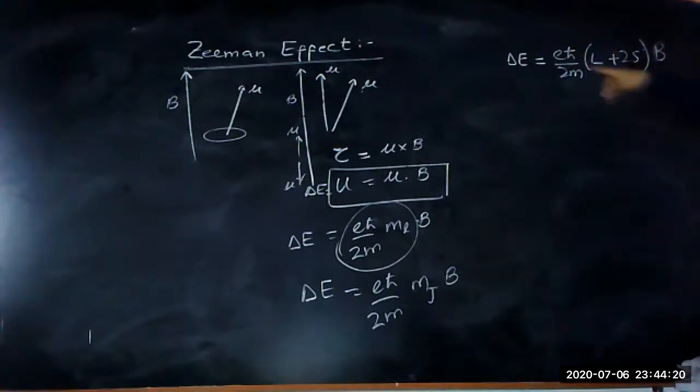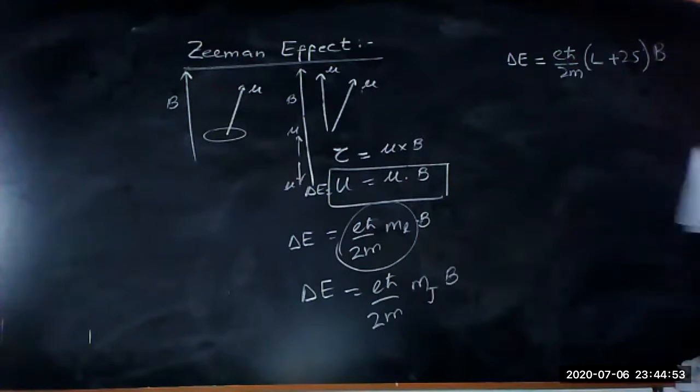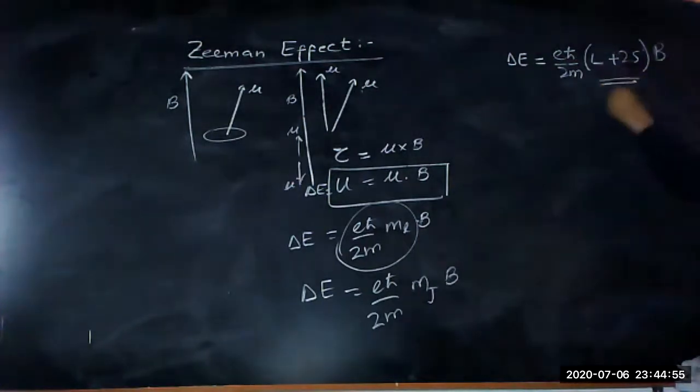This magnetic moment, last time we wrote as eħ over 2m into L. Here we have also added plus 2s. If we are considering only the orbital angular momentum, this component can be ignored. But if we consider both the spin and orbital angular momentum, then 2s is to be added. This is the spin component because the spin has two possibilities, either spin up or spin down. So therefore it has a 2s. This we call the magnetic moment due to the total J.